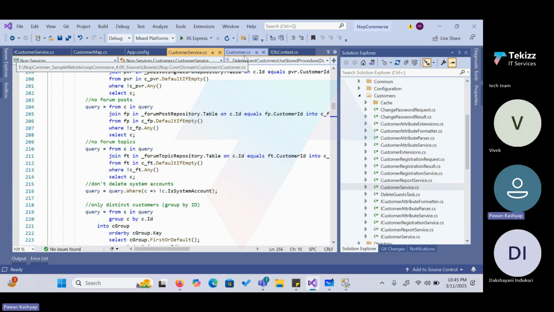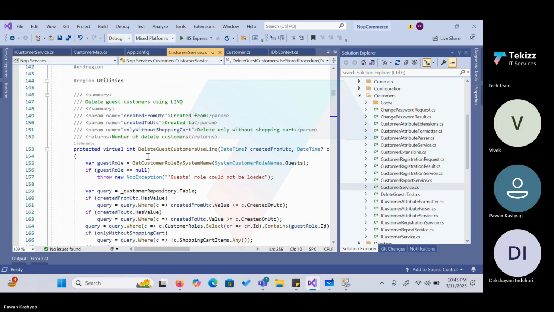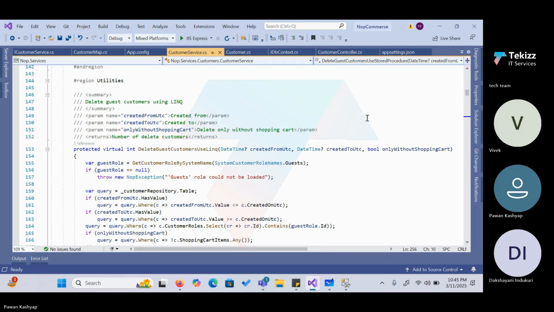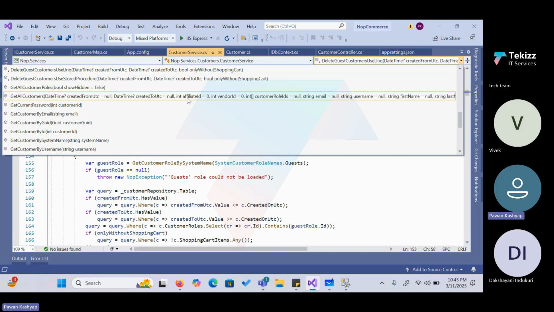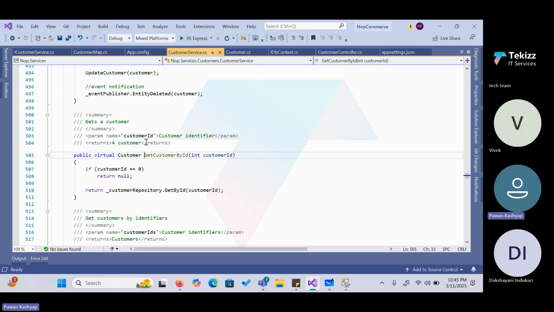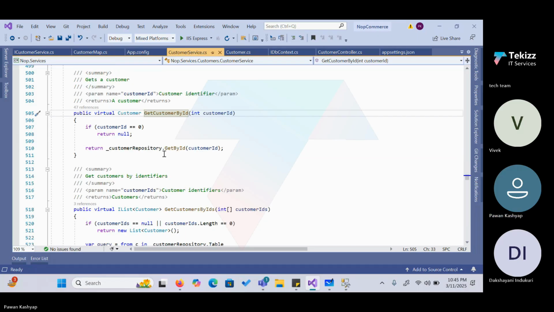So we have the class customer. So it's delete. Let me open the read method. Okay, let's get customer by ID. Here you can see we have get customer by ID. Based on customer ID, we can retrieve the record. So here we are mentioning it. This method is basically going to return me a customer. And customer is nothing,